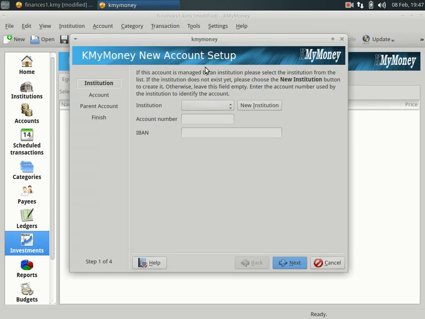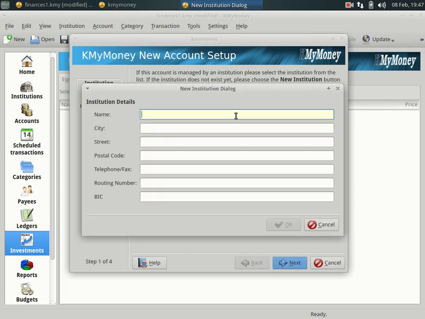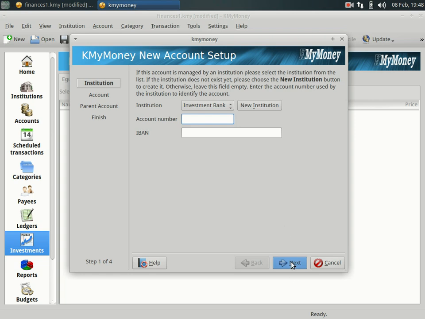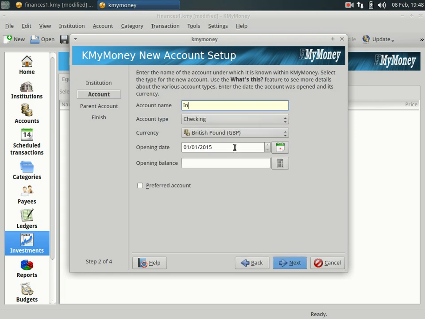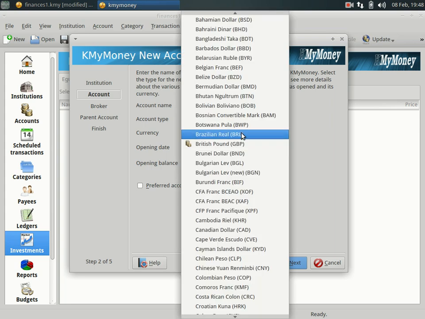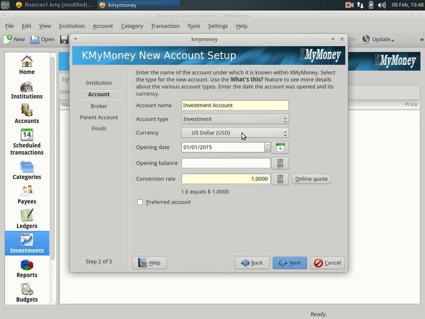So let's go and create a new account. I'm also going to demonstrate here how to create new institutions. So this is an investment bank, and this is an investment account. The account type is of course investment. This time I'm going to choose US dollars,